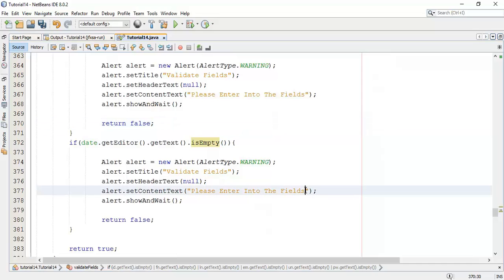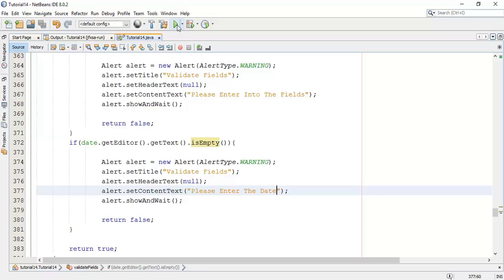So I'm going to change the message to please enter the date.